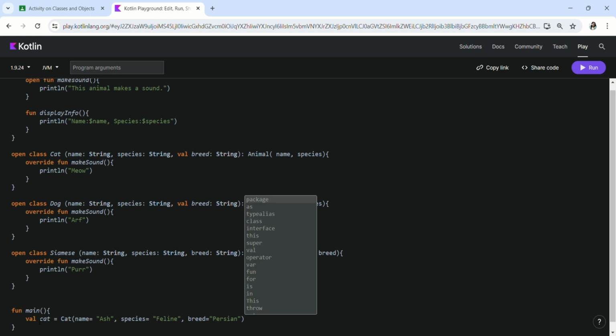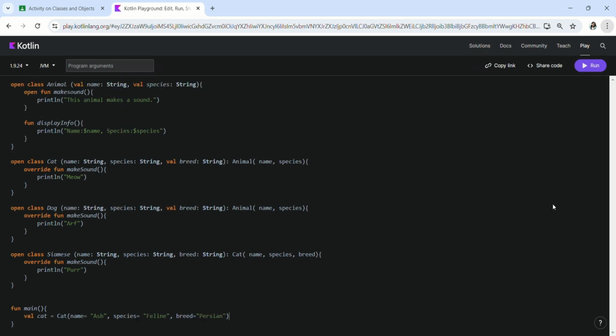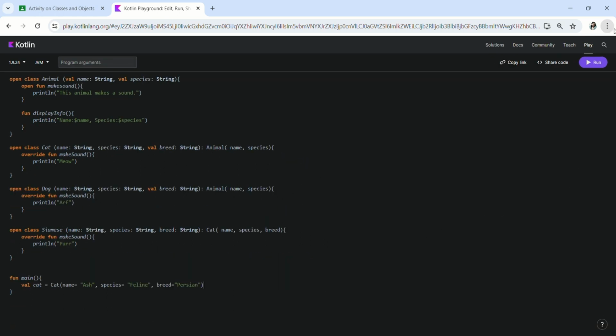We will copy that and edit. Change it to Dog.